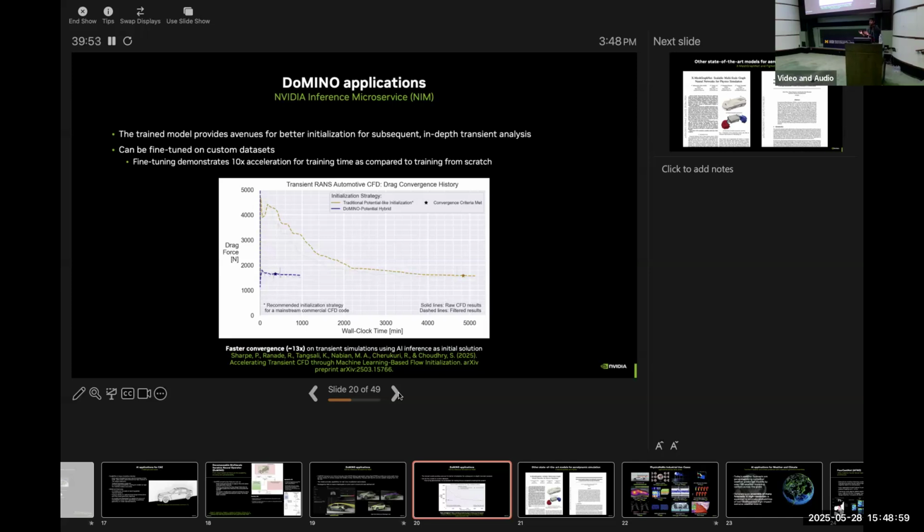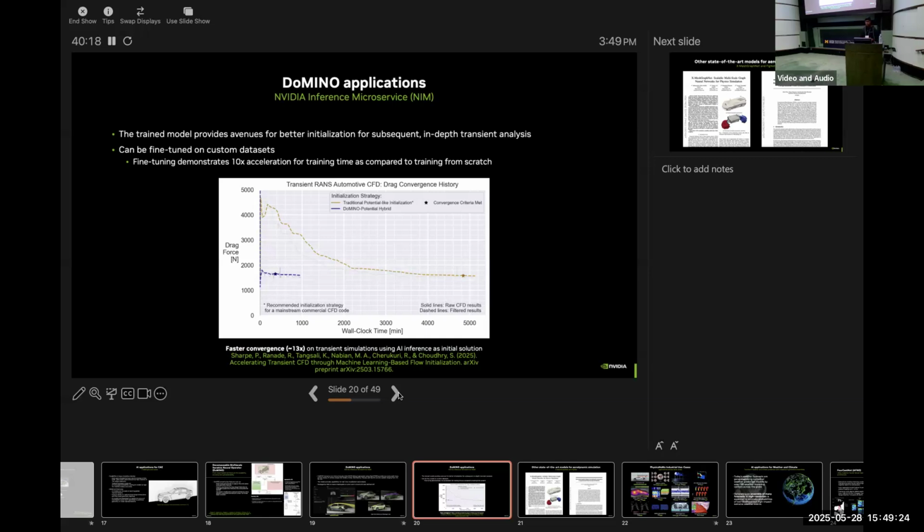What we saw here was a model trained on steady state RANS simulations, so it can only predict steady state flows, right? And a lot of automotive CFD is transient because a lot of flow structures are transient in nature. RANS is a simplification. You typically want to do an LES or DDES type of simulation.